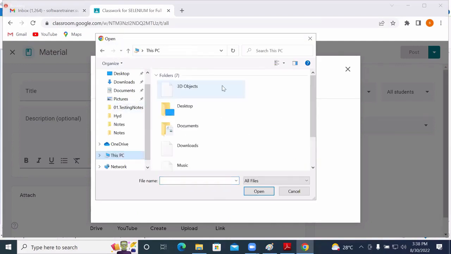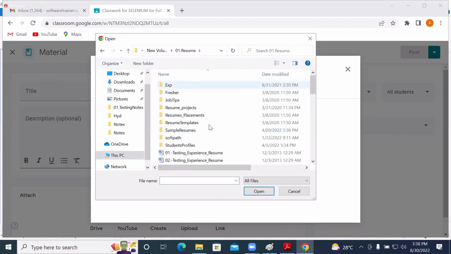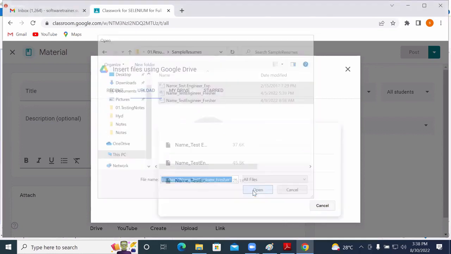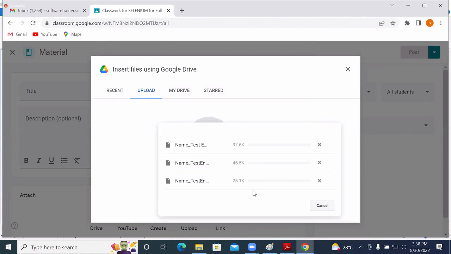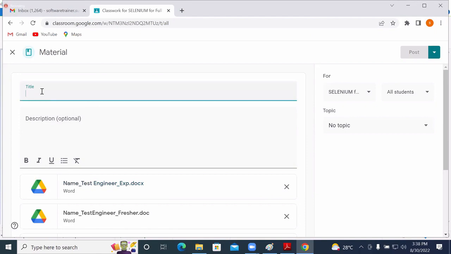Further, I'm providing a sample resume format. You can try with manual testing just as a trial. It's not mandatory that you will get the job. Chances are there, but if you want to make a trial, you can try it.